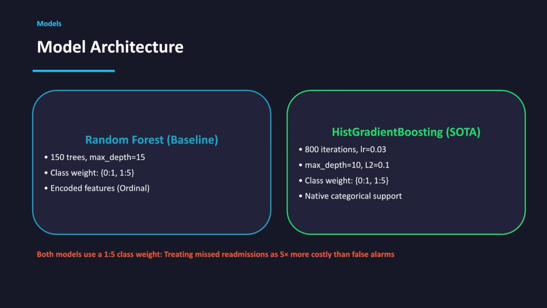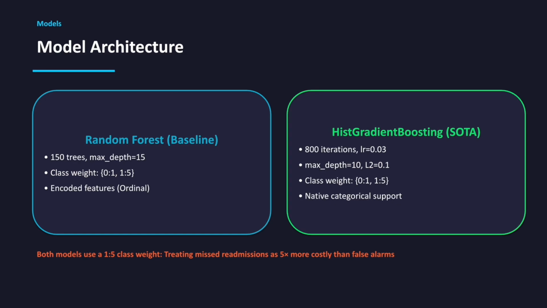Our stronger model was gradient boosting. This model builds trees sequentially, where each new tree tries to improve on the errors from the previous ones. We used 800 iterations, a learning rate of 0.03, max depth of 10, and L2 regularization of 0.1. We also used native categorical support for this model. Both models use the same 1:5 class weight because missing a true readmission is more costly than a false alarm